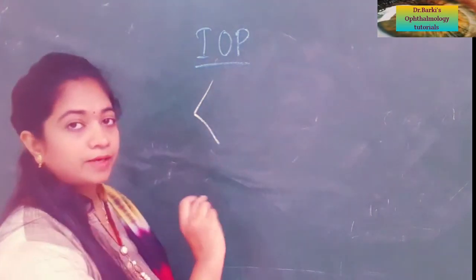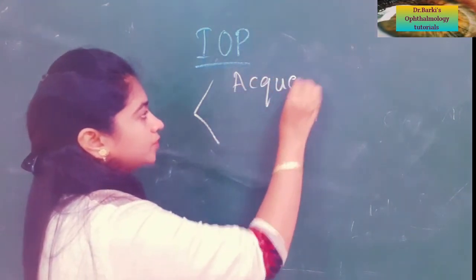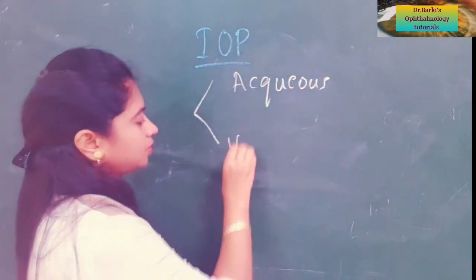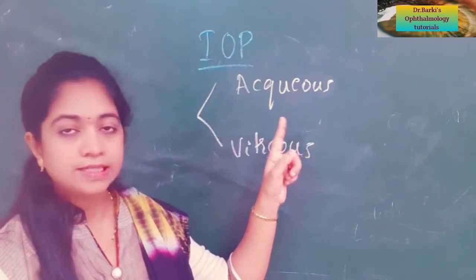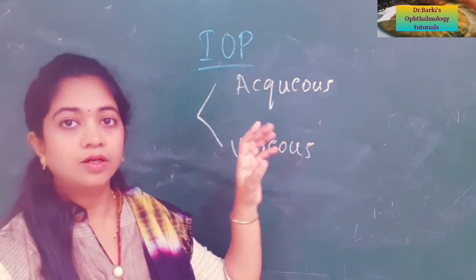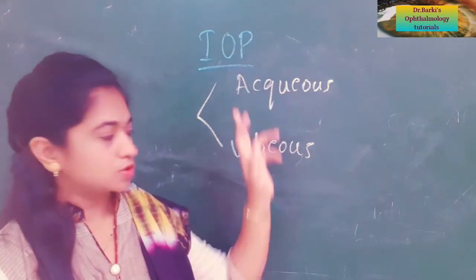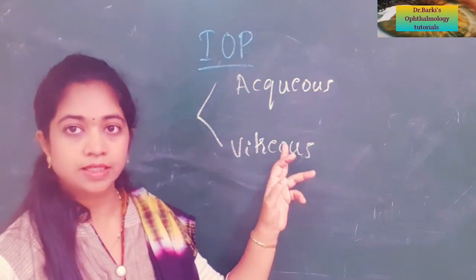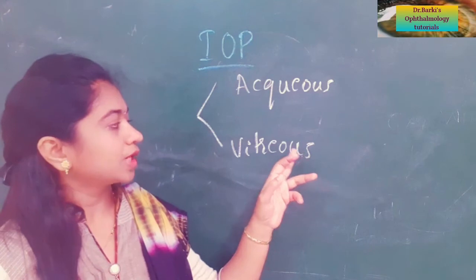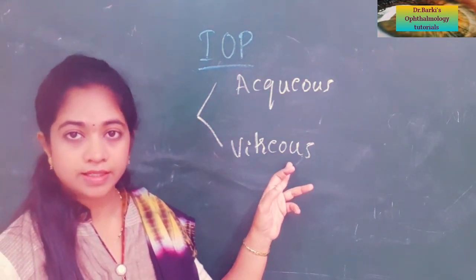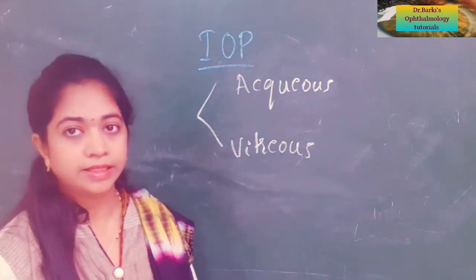So it is mainly contributed by the fluid within the eyeball. So what fluids do we have in the eye? We have aqueous as well as vitreous. So if there is increased production of the aqueous or decreased drainage of the aqueous, it can lead to increased IOP. Similarly with the vitreous, if there is increased vitreous, like secondary to hydration of the vitreous, the IOP will increase, and with decreased vitreous, like in a dehydrated state of vitreous, or when we do vitrectomy, the IOP will decrease.